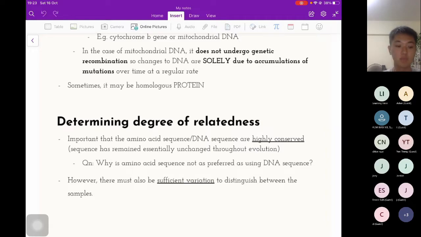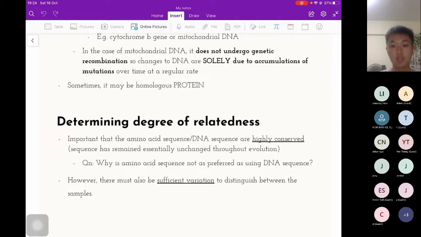So when there is a mutation in your DNA sequence, it will reflect in your DNA sequence, right? Because it is mutated along itself. So it will be observed on the DNA itself. But if we're talking about your DNA sequence having a mutation and how that would lead to a change in your amino acid sequence, that is further, right? That's more than one step further. That's about 2 steps further down. You have to first transcribe it. After you transcribe, you have to translate it, right? And because during translation, triplet codes are degenerate, a mutation in your DNA sequence may not lead to a change in amino acid sequence. Okay, so that's why we prefer using DNA sequences over amino acid sequences when we determine